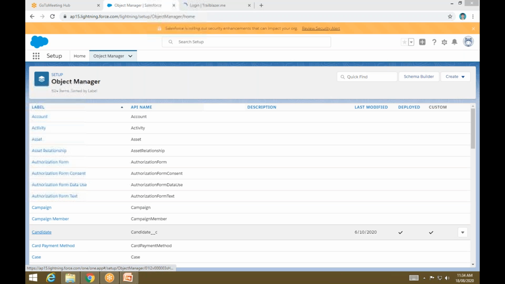You need to create these sets of objects, as you create in Java programs. There also you can create objects, right? Like that you create the object, and within that you need to create some fields. That is the main purpose of using the object manager. So here you can create the objects.